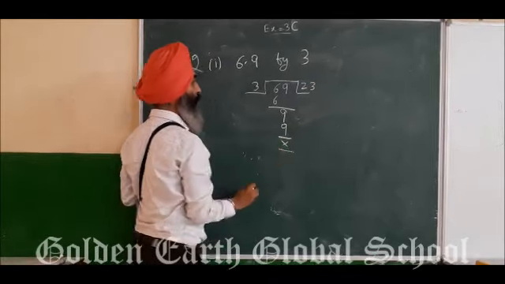Now move to the next part, that is your third question. Divide the decimal by a whole number. This is also the same, but a little bit different. That's why I am telling you this question. We have to divide 0.6 by 50. Here it is 0.6, that is a decimal number. Here it is 50. So how will you do it? First of all, you simply divide the numbers without the decimal.